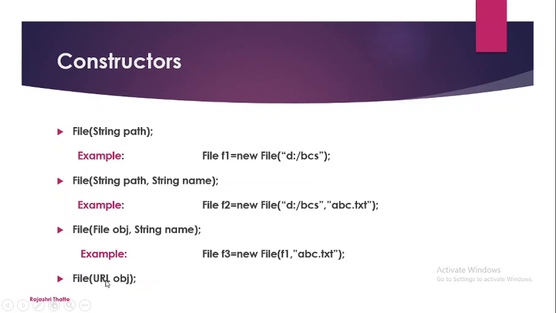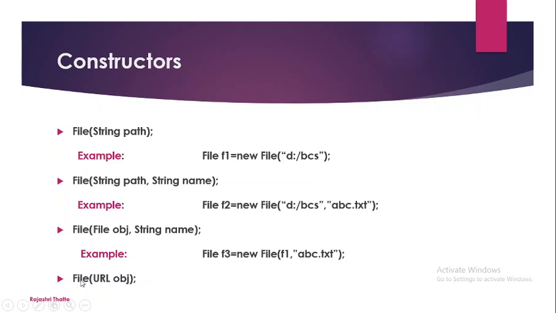So this constructor is specially given because all these file objects that I have created here mean that I am going to refer to a file which is available on my system. That means I am using local files here. But if I want to use any remote file which is available on the net from any website, I have to create a URL object, so that means we can access any remote file by using the File class.